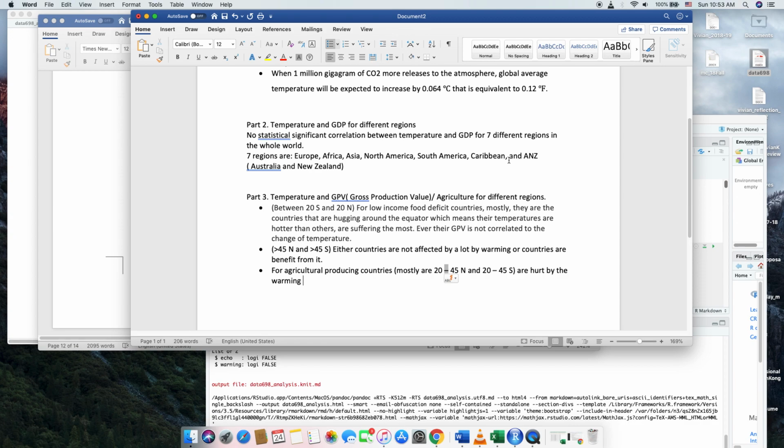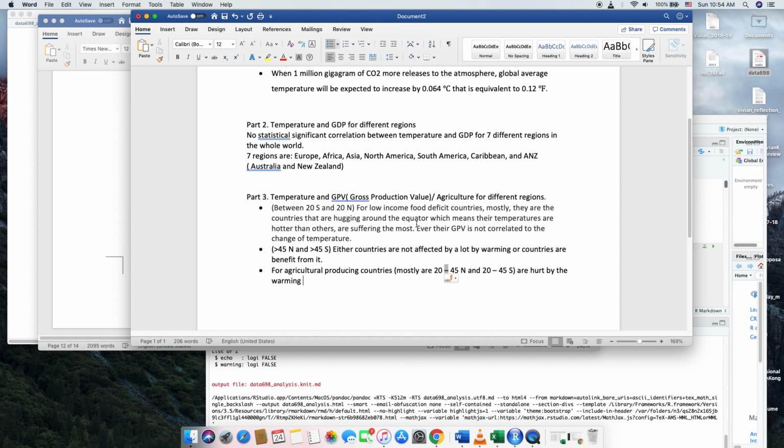Especially for the Caribbean and Africa, their gross production value, especially for the Caribbean, is almost 0. So they didn't really develop agriculture that much. That's why, when we're talking about temperature and agriculture, the correlation is really not that clear or obvious. But there's another reason for that: even though their temperature doesn't correlate with